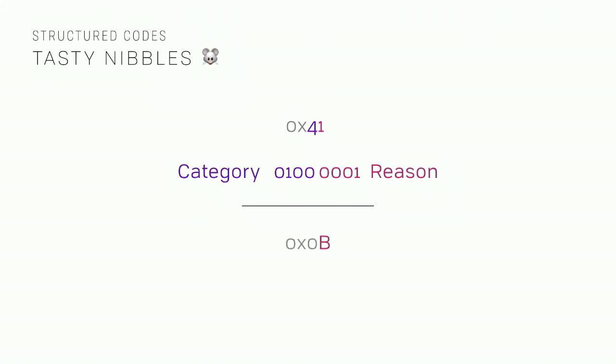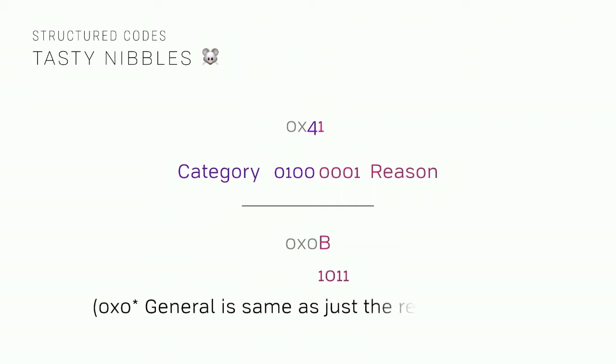And then the other nice thing that we get from this is, say in the 0 column, the first category is just 0, that's all generic, then the lower nibble is just what that one means, and we have this generic option as well. So in this case, B, we can just forget about the first 4 bits.